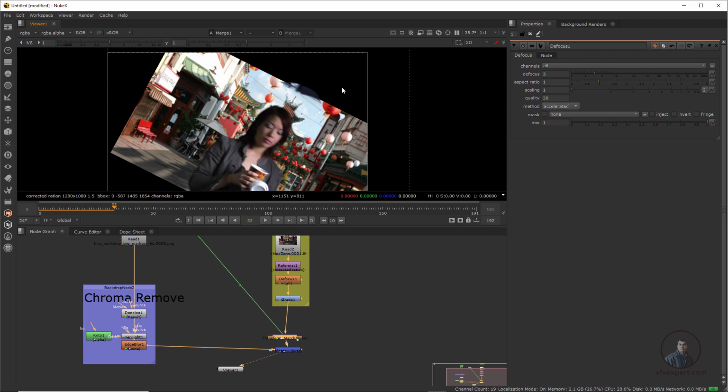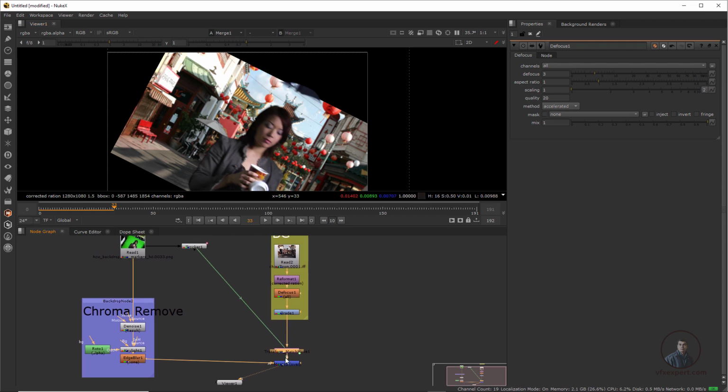And if you look here, you can see some black area. This is actually due to our tracking data. So we have to fill up all these areas. For this we have to use another normal transform node before this transform match move data. Remember this one, before this transform, not after this one.